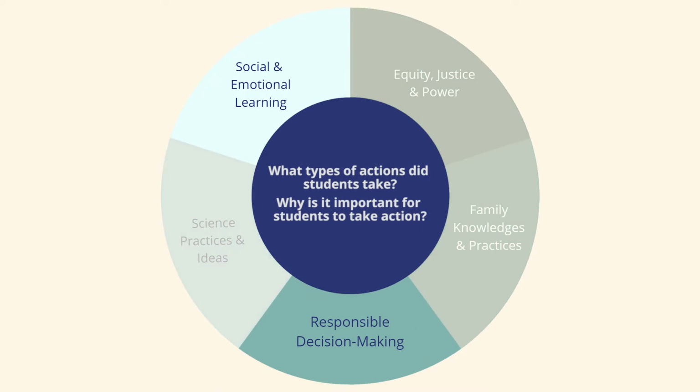Let's hear about more examples of how students took action and why that's an important way to end this unit. Students need to be able to share their learning. They need to be able to use their voice and share their experiences with others. So being part of something positive. So allowing your students to have their student choice and voice is setting them up for success.